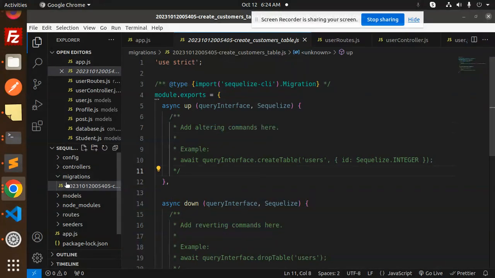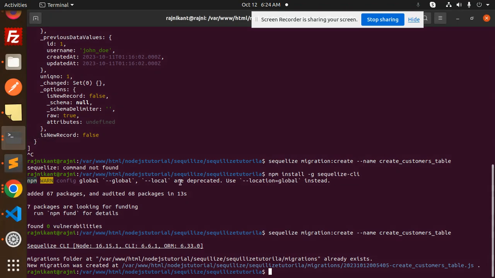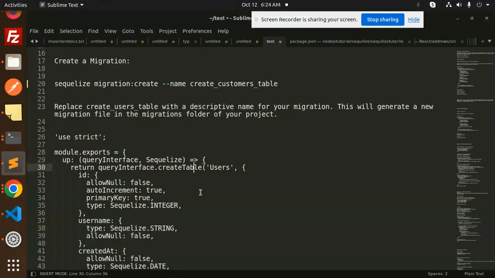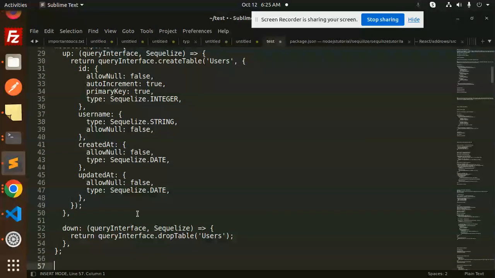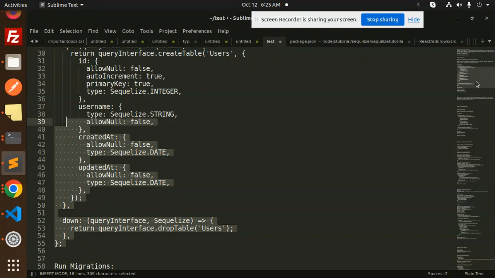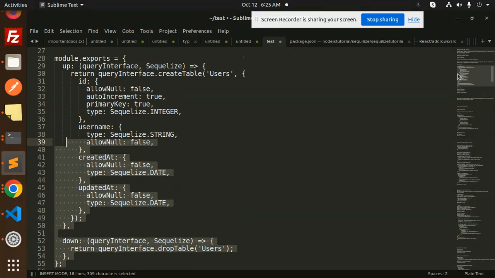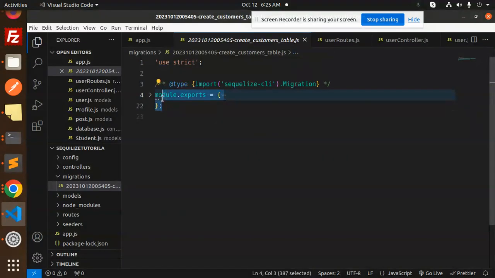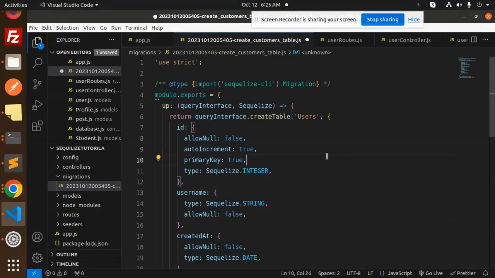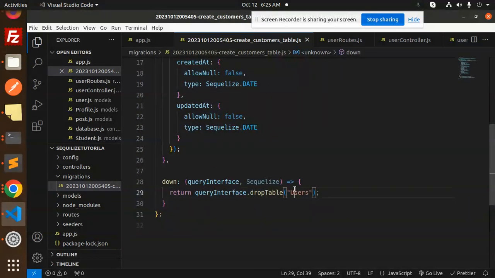So we have to create that one, no? Right? So let's add some of the data. Here in module exports, I'm going to use this down query also. So here we have the module exports. We are making the customers table, right? So make sure it should be customers, so I'm just going to use that one. Now we have users, I need customers over here, customers, and let's go and add customers here. Okay,